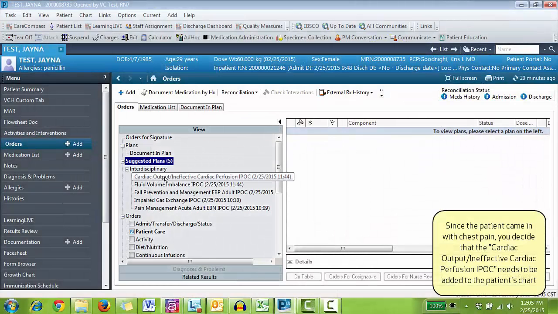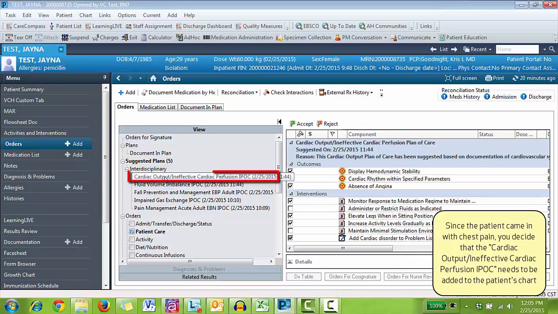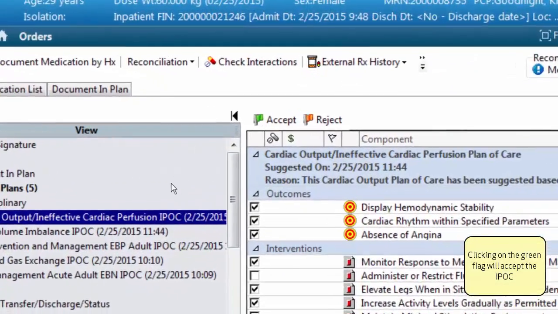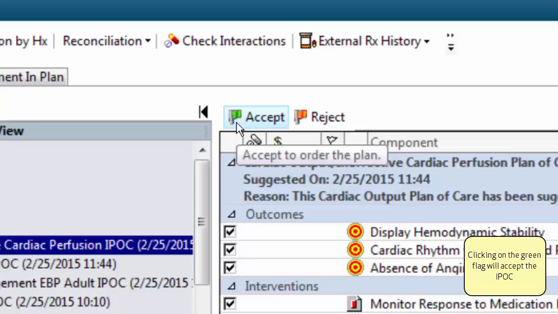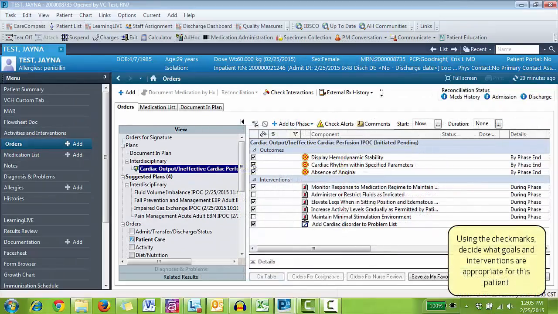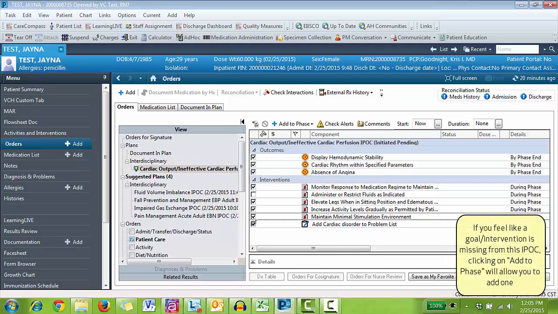Since the patient came in with chest pain, you decide that the cardiac output ineffective cardiac perfusion IPOC needs to be added to the patient's chart. Clicking the green flag will accept the IPOC. Using the check marks, decide what goals and interventions are appropriate for this patient. If you feel like a goal or intervention is missing from this IPOC, clicking on Add to Phase will allow